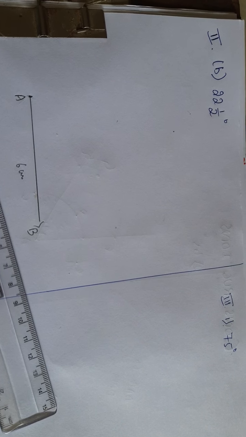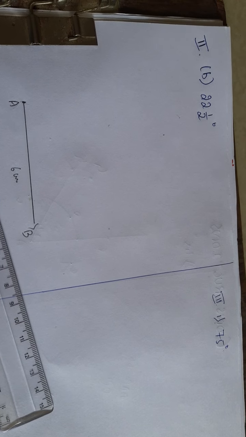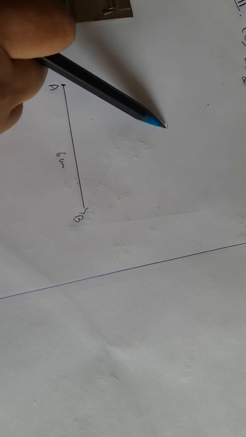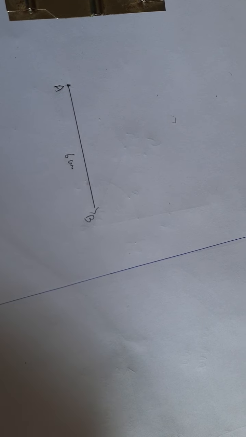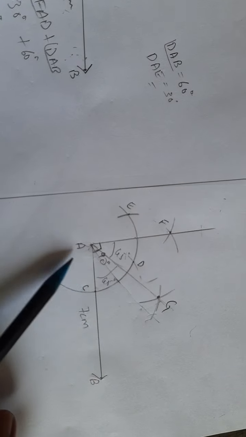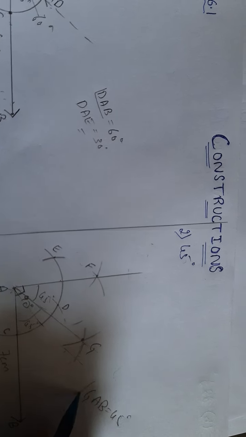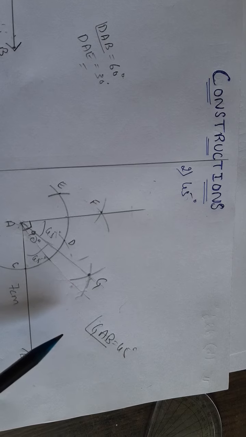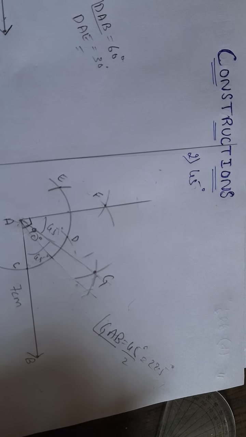So what we should do now is same steps of construction we will be doing, 90 degree and 45 degree. After constructing 45 degree, for that angle 45 degree, one more angular bisector if you draw, simply it is again dividing that 45 degree into half, that is 22 plus 22. Now angle GAB is 45 degree. I will write for you. Angle GAB, what we got is 45 degree. Sorry, angle GAB is 45 degree children. So if I divide this 45 degree by 2, what we get is exactly 22.5 degree.